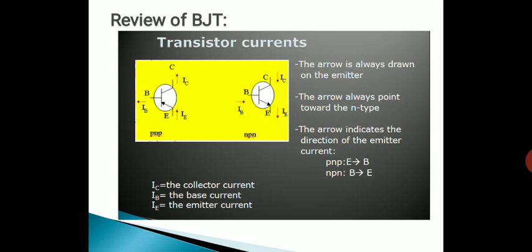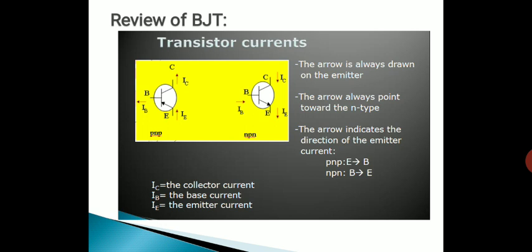BJT stands for bipolar junction transistor, and BJT is a 3-terminal, 3-layer solid state device consisting of 2 PN junctions, formed by sandwiching a thin layer of semiconductor between a pair of opposite type of semiconductor. Based on which thin layer of semiconductor is sandwiched between a pair of opposite type of semiconductors, there are two different types of bipolar junction transistors. Those are called the PNP transistor and the NPN transistor.